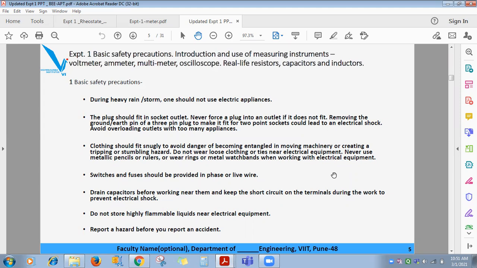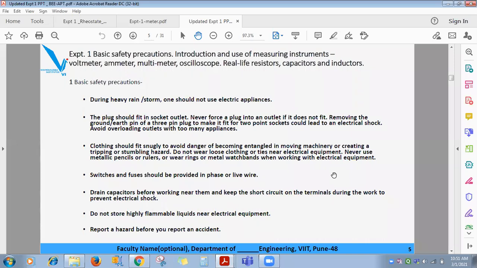Yes, it will get damaged. So you have to protect the system in case of overload and short circuit. So what you can do is make the circuit open. The moment you make the circuit open, the current in the system becomes zero. Got it? That is done with the help of fuses and circuit breakers.